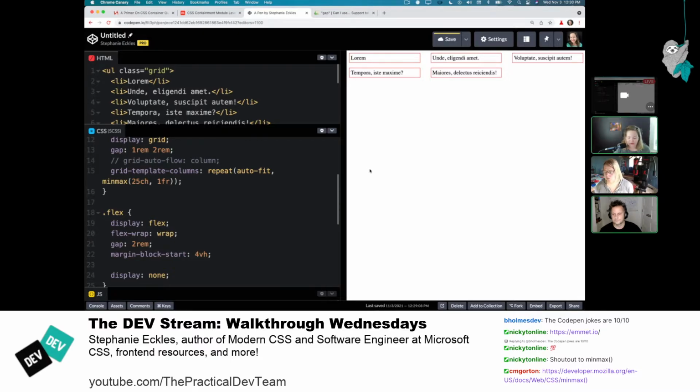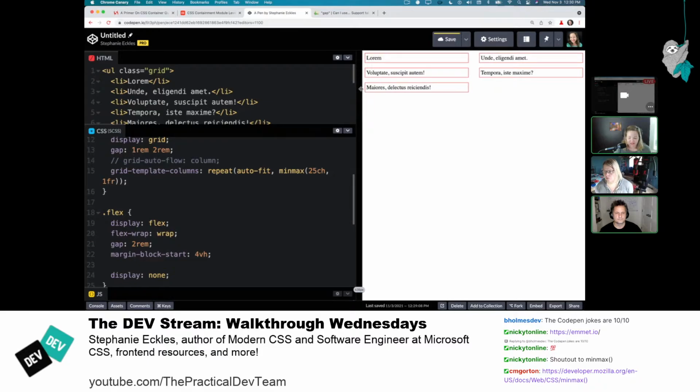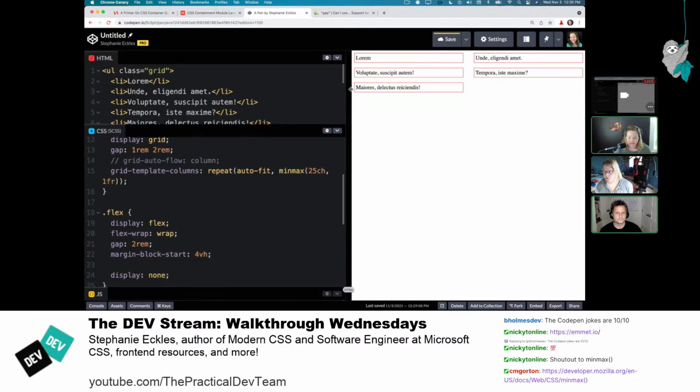So right now it looks exactly like what I had before, but as I start shrinking down, once we hit a point where the elements that share a row would have to be squished smaller than that 25ch, then it